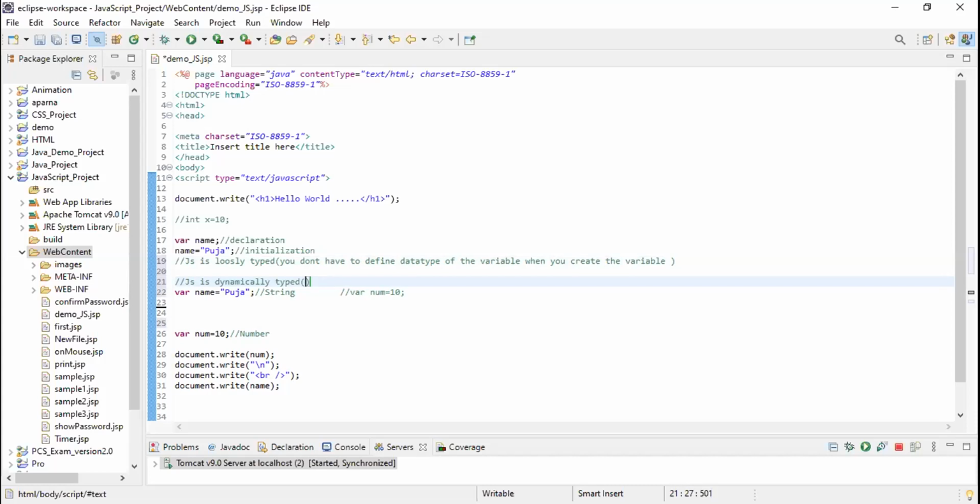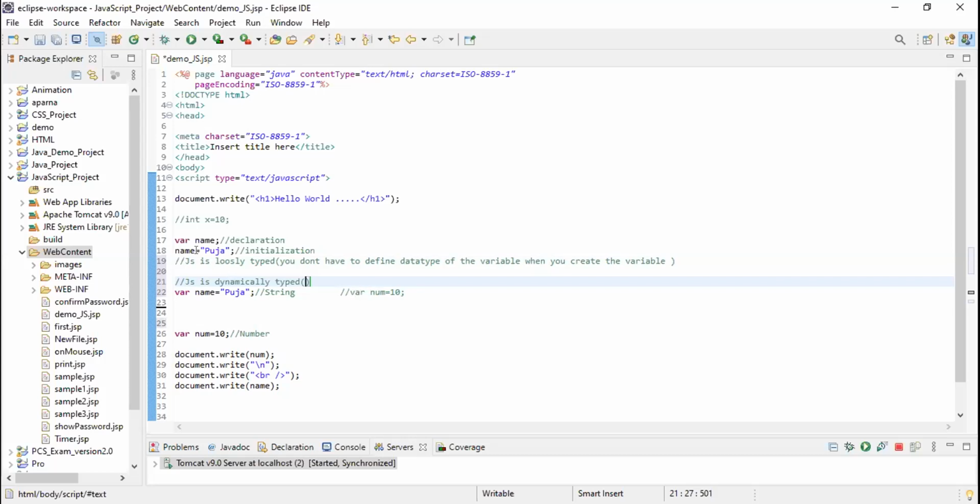Okay. See, in JavaScript, it is loosely typed, right? Because we don't have to define data type of the variable, right? So JavaScript is also called dynamically typed because whatever the type of value we pass in the variable, depending on that value, automatically the data type will change. Okay. See, here I'm not giving any data type, right?